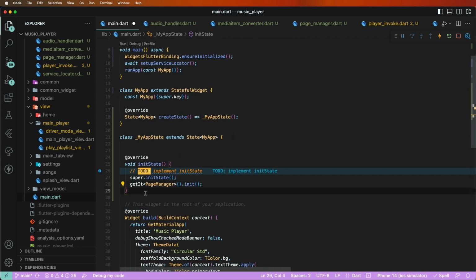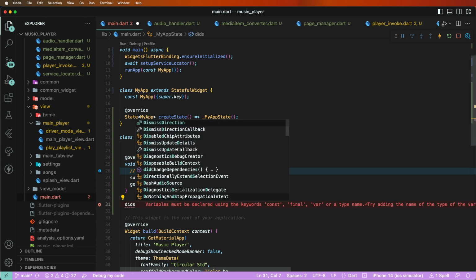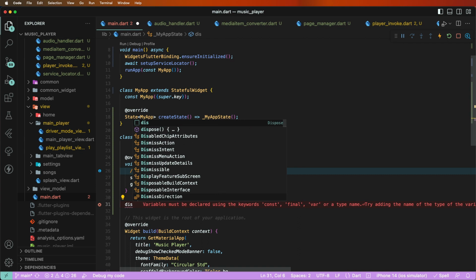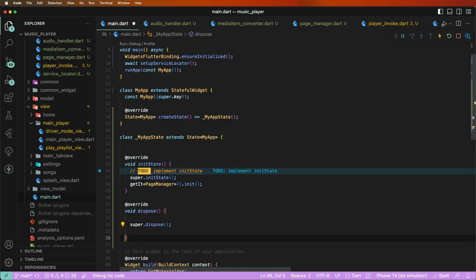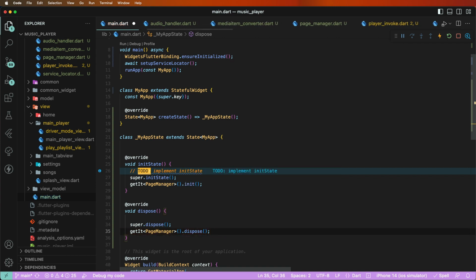And one more thing, so need to set here the dispose methods. All these here, write down here the calls here the get it, here the page manager, and to calls here the dispose methods, so need to call this here to see the this value here, and we need to,